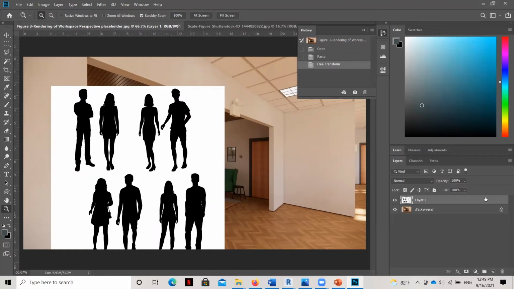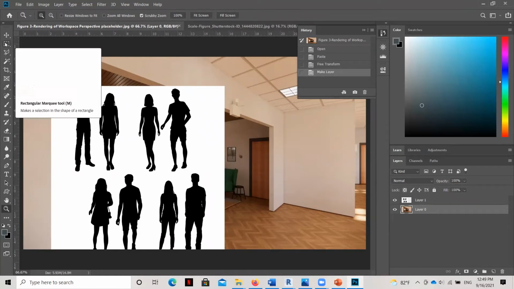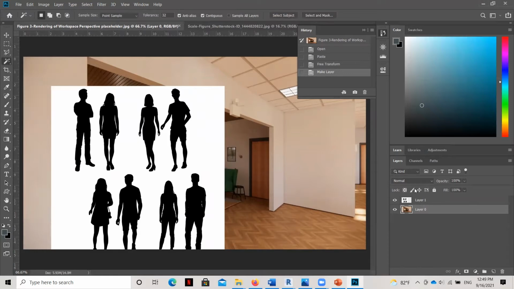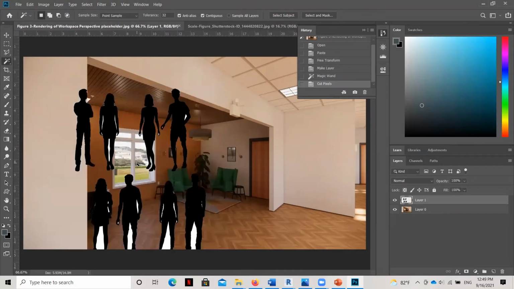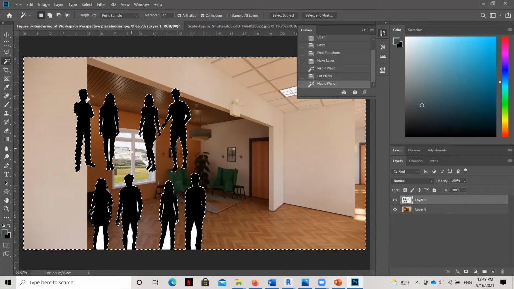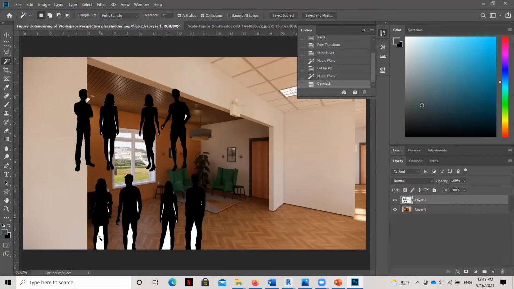So let me go ahead and unlock my background here. I'm going to go ahead now and work on these scale figures a little bit. I'm going to remove the background from them. And so I'm going to use my magic wand tool, make sure I'm on the right layer. And I'm going to grab this background and hit Control X. And so they're gone. The white's gone. There's going to be a couple of parts that still need to be removed. And so I'm just grabbing these with my magic wand tool and hitting Control X to get rid of them.